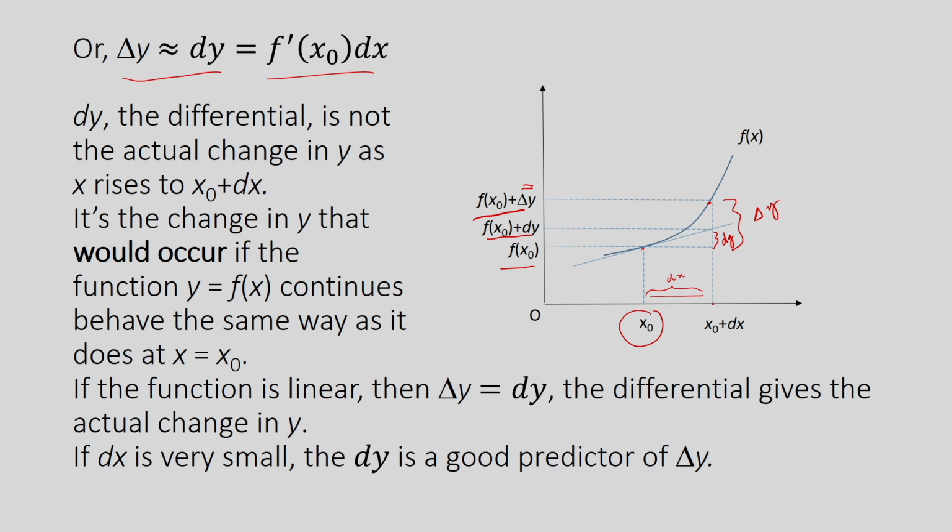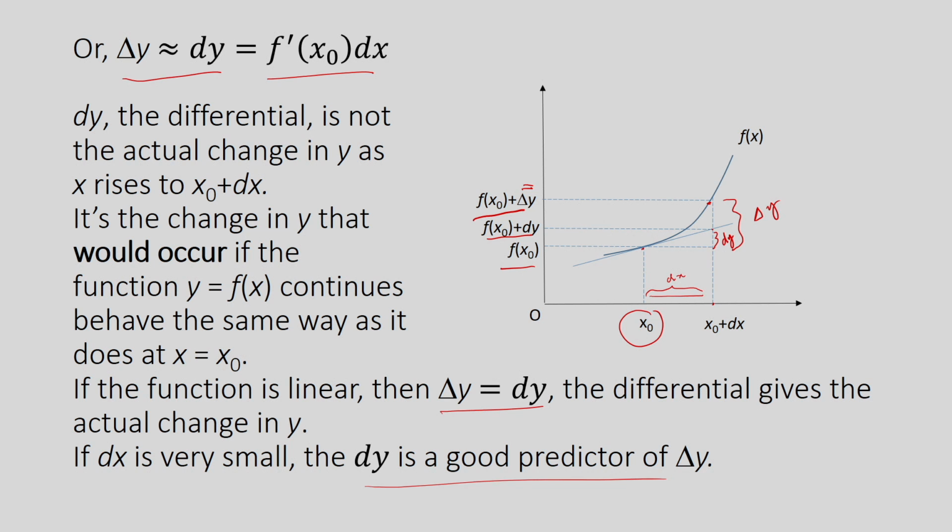But as we know, the function is not a straight line. So, therefore, the function's value actually is exceeding that particular value, right. If the function is linear, then delta y is equal to dy, the differential gives the actual change in y, and if dx is very small. So, you are taking x's which are in the neighborhood of x 0, then the dy is a good predictor of delta y, right, and this is again something we have